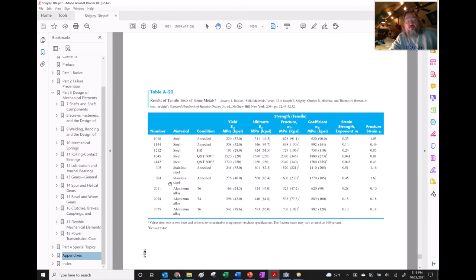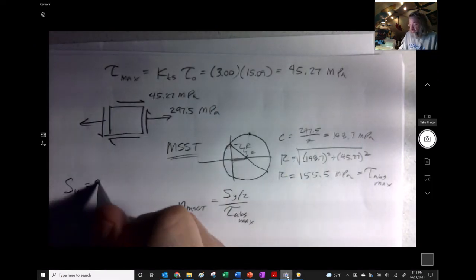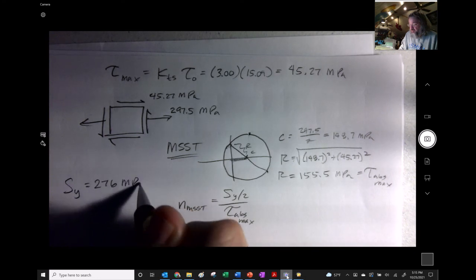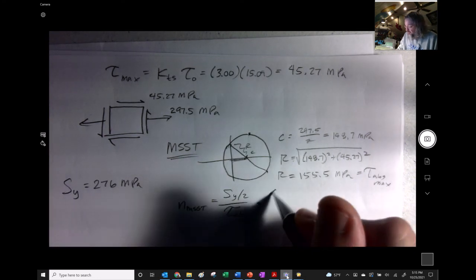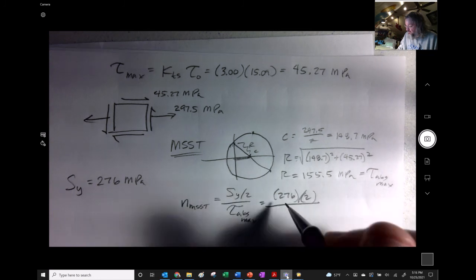Right there, 304 stainless steel, annealed. Only got one choice, but we have 276 is the metric yield strength. So 276 megapascals. So we'll say 276 divided by 2, I guess, divided